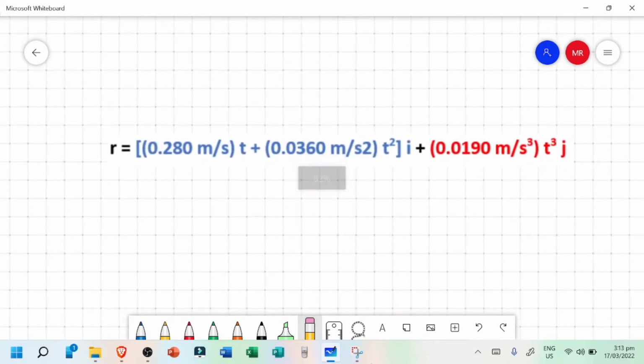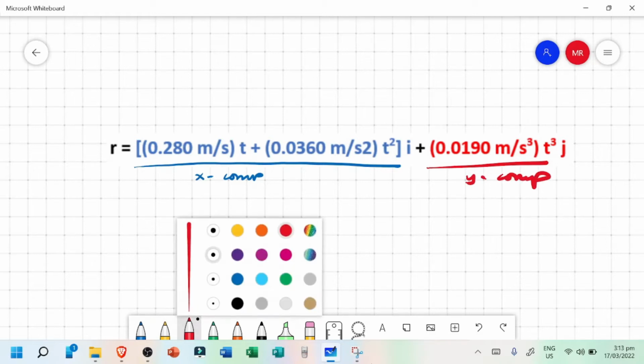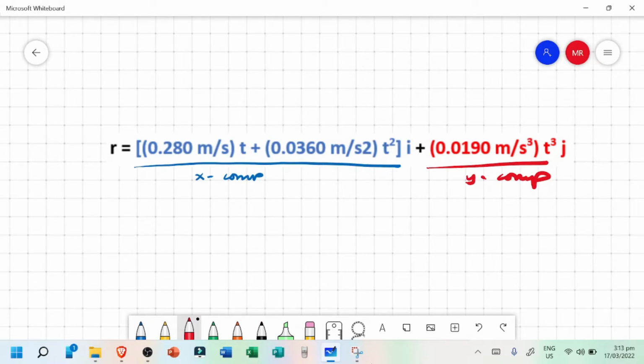So if you'll notice, itong kulay blue, ito yung x component ng position function. So this is the x component. At itong red is the y component of your position function. So we are asked to get the x and y components of the velocity of the squirrel as functions of time. Okay, so we are required